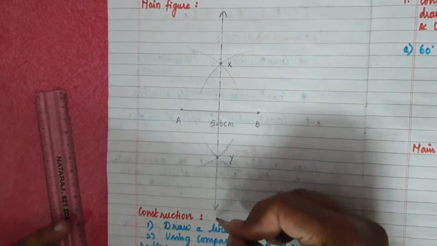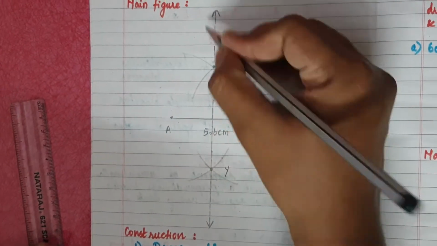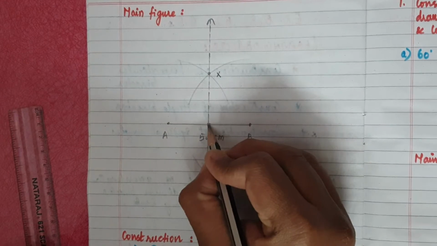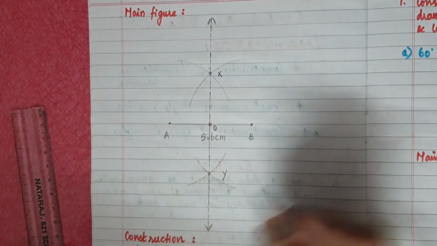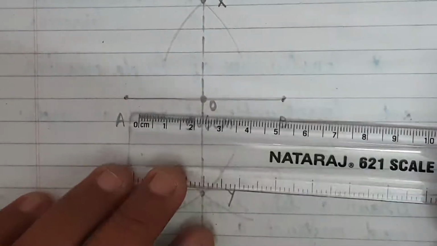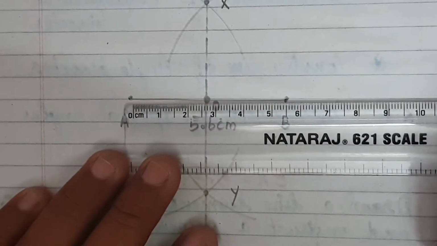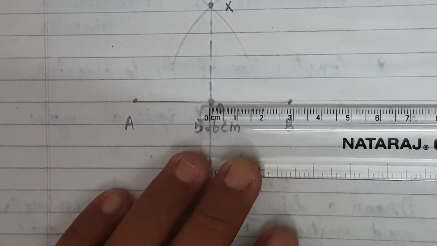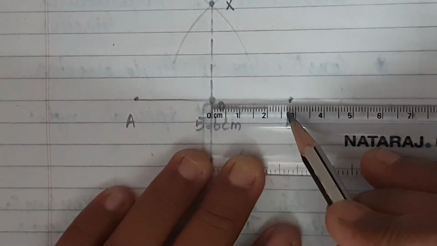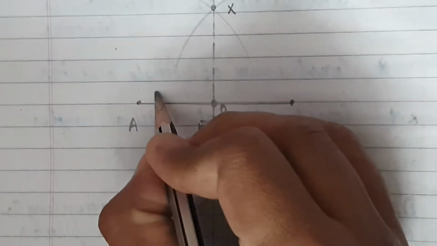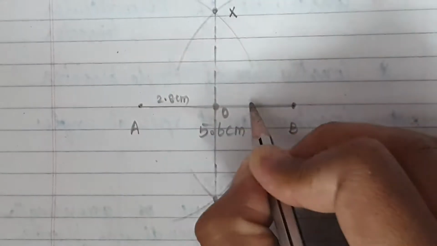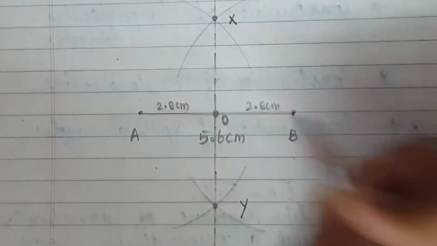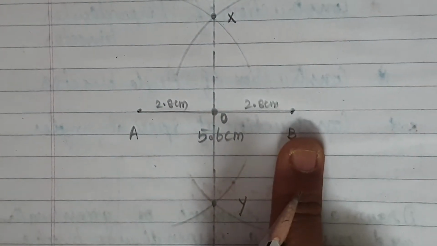Okay. And put arrow mark on both the sides. So this line, this XY line cuts AB at O. Now you check with the scale. See here, exactly 2.8, and here also exactly 2.8. So you write it as 2.8 centimeter, 2.8 centimeter. After finishing only I am checking with the scale, no.